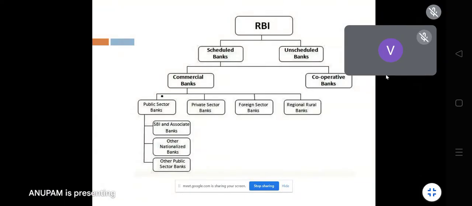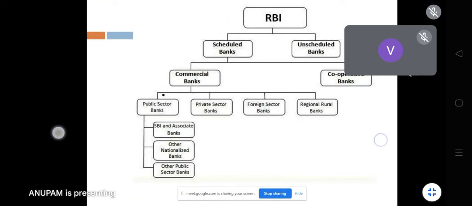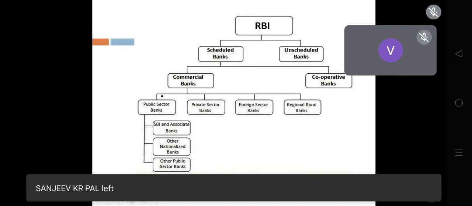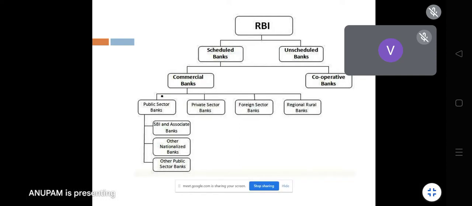So today, we'll start with the banking system in our country. What is the banking system we are following? After we complete this chapter, we'll go back to the depreciation chapter. Okay. So first of all, as you are seeing from the screen, which is the head of